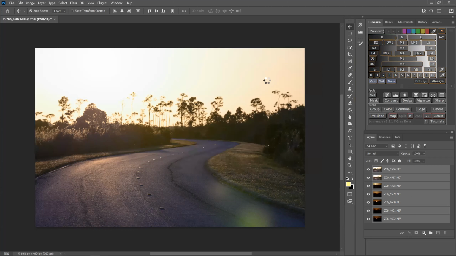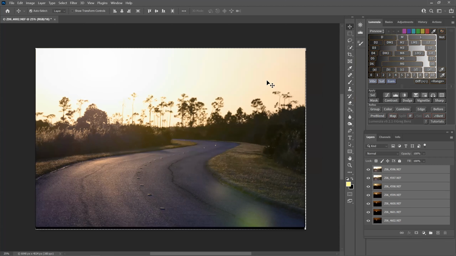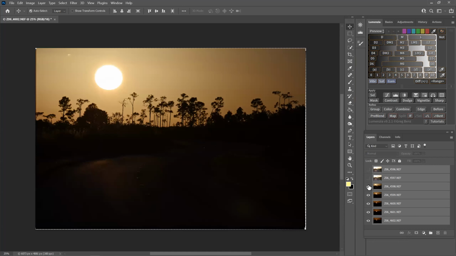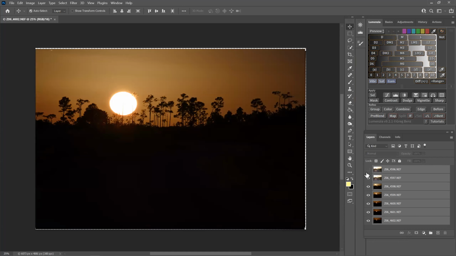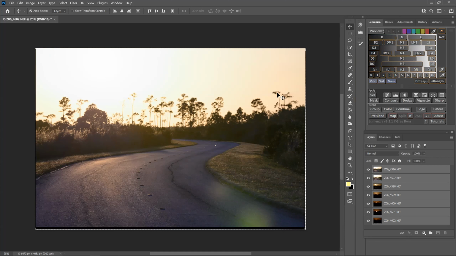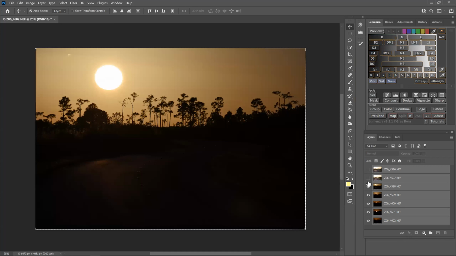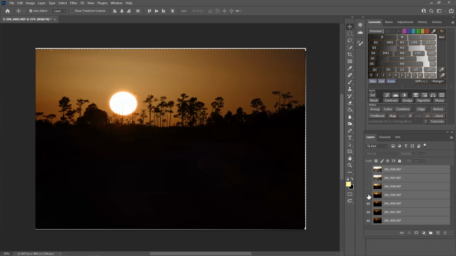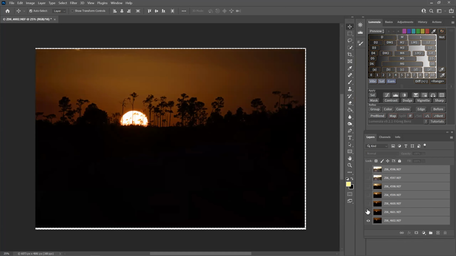And you can see it's aligning all the layers. Now you can see around the sides here where it did move the images. Photoshop basically just moves the images so they're all in alignment. And now when I do this, if you look at the trees, like over here, if you look at those treetops, you can see that they're all in the same spot now. And I don't think we had any wind that day.